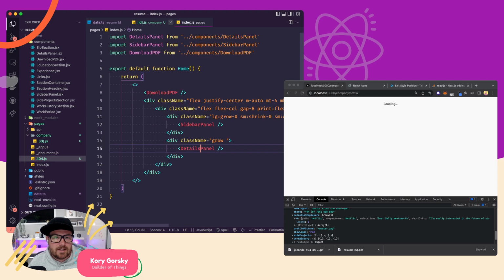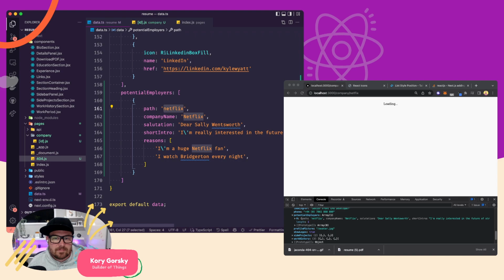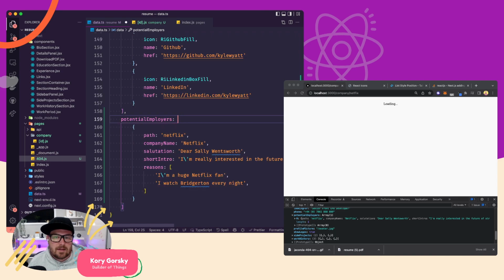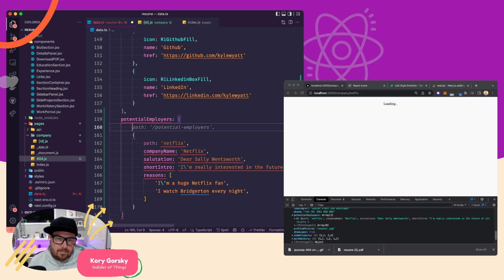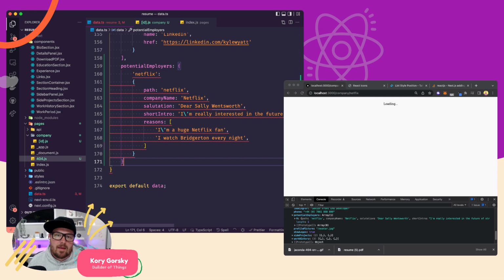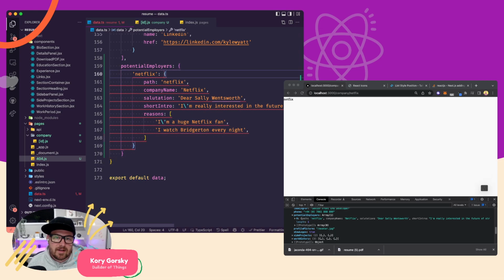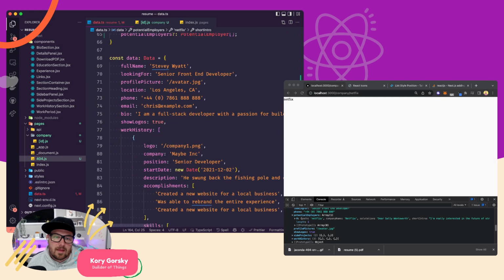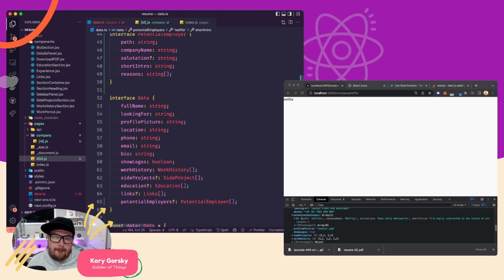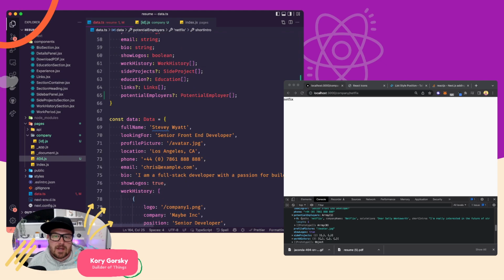No, array's fine. Yeah, it should be an object. This should be something like this. My typing's gonna hate that, but we can fix it. So where are we? Potential employers is actually, oh man, I don't actually know how to type this. This is really interesting. It's an object where